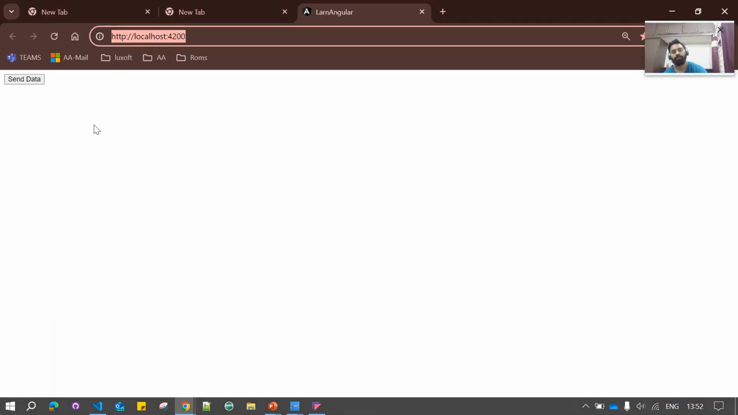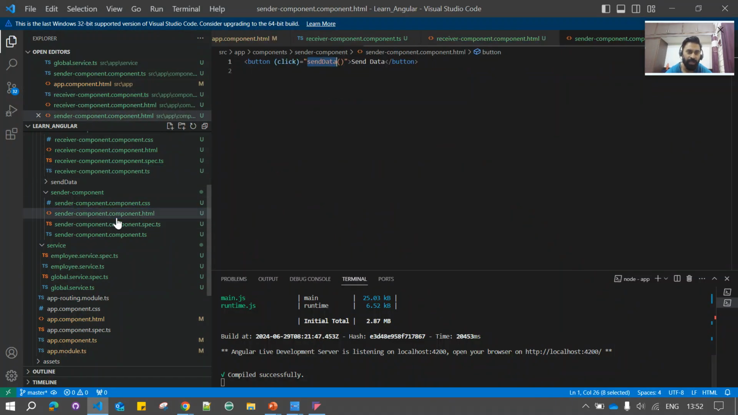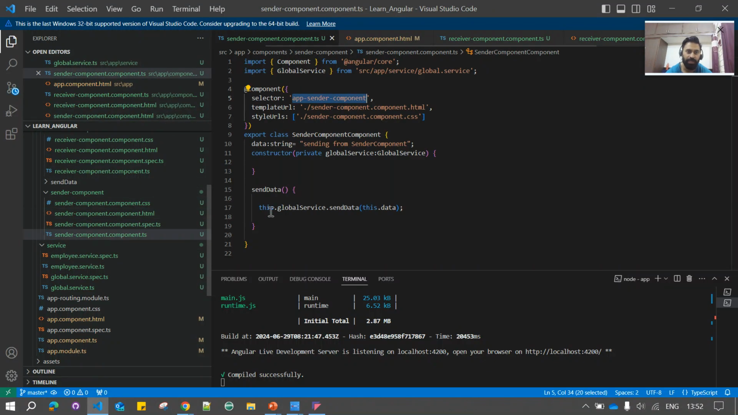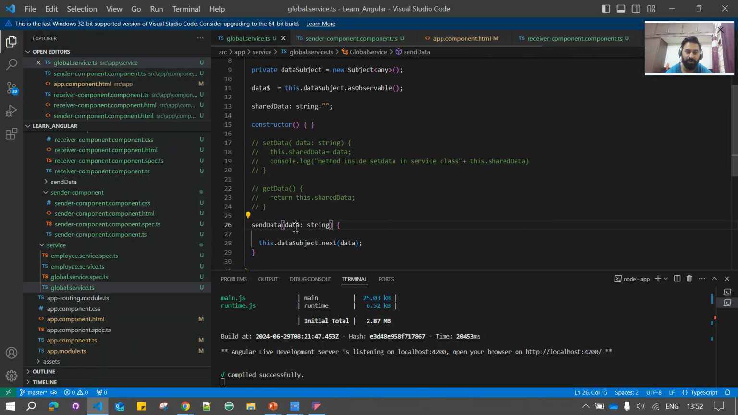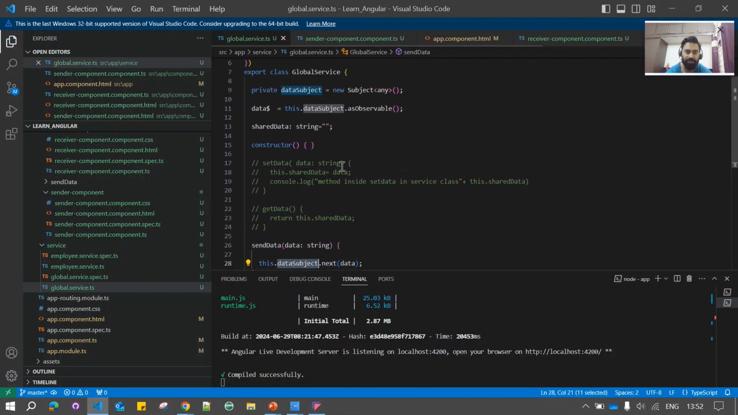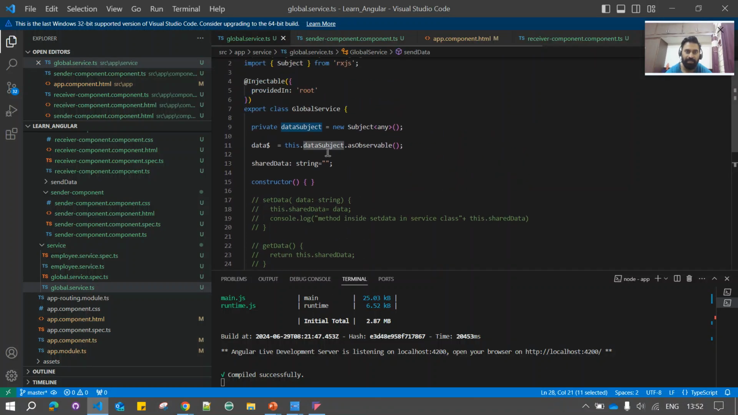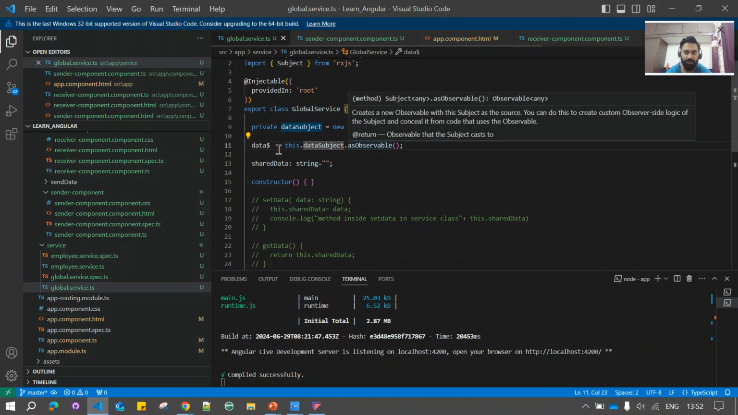Yeah, you see, it loaded the sender component, and in the sender component we have seen that we have a button. Now if I click this button, then it will call a send data method here, and then it will call a send data method of the service class, and this will send the data whatever we want to pass, and then it will do a next. So data subject is the reference variable of the Subject class. It will do next, it will emit this data, and this data subject is also the observer of,